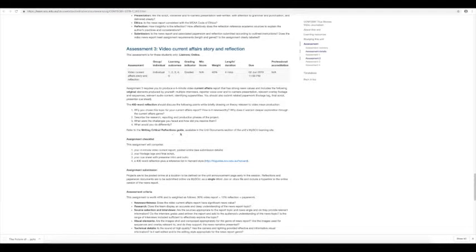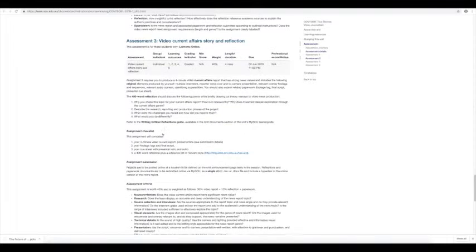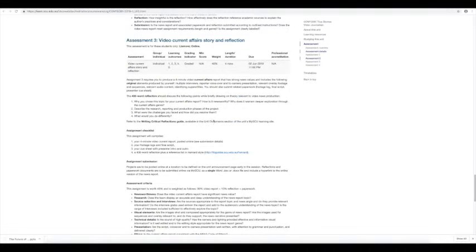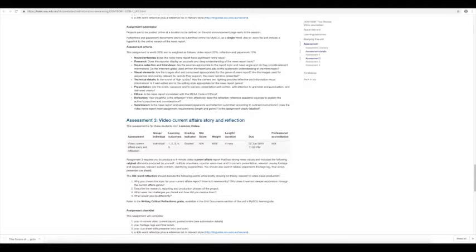Again, we've got a writing critical reflections guide in the unit documents that you can have a look at. Go through your checklist, your submission point, and again, what are we looking for when we mark it for you? This is worth 40%, and we're looking for newsworthiness, research, source selections, visual elements, technical details, presentation. Now, let me highlight technical details. Is the sound of high quality? Has the camera and lighting provided effective and informative visual information? Is it well edited, and is the editing style appropriate for the news report genre? That's really important because I want to make sure that you've nutted out all these problems in the first assessment, the assessment 3, which is the first video, and you clean it up